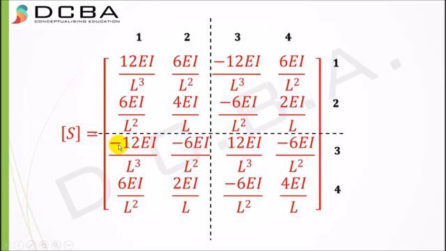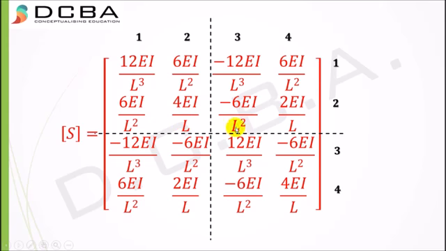Now how I remember it is basically I remember this column first, the whole column I memorize it, and then I write a negative sign at the third element S13. Again I write this column, second column, and I write the negative sign at S23. Now these are the only two columns that you need to memorize. The third and fourth can be written from the reference of these two columns.